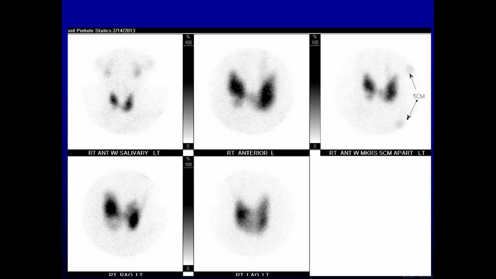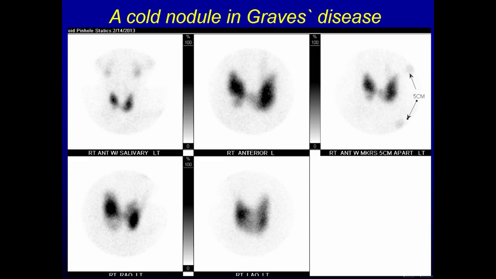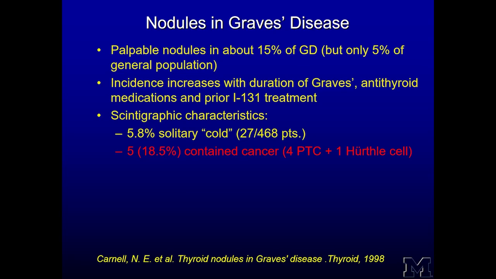So in this case, the thyrotoxicosis is due to Graves' disease. However, we have a second pathophysiology here of a hypofunctional nodule in the right thyroid lobe. So a cold nodule in Graves' disease. A palpable nodule in Graves' disease happens in approximately 15% of Graves' disease patients, and the incidence increases with duration of Graves' disease. So in a series of 468 patients published by Carnell,